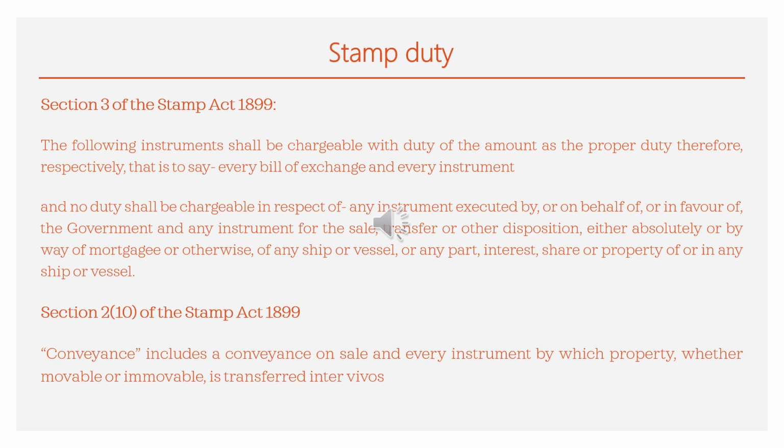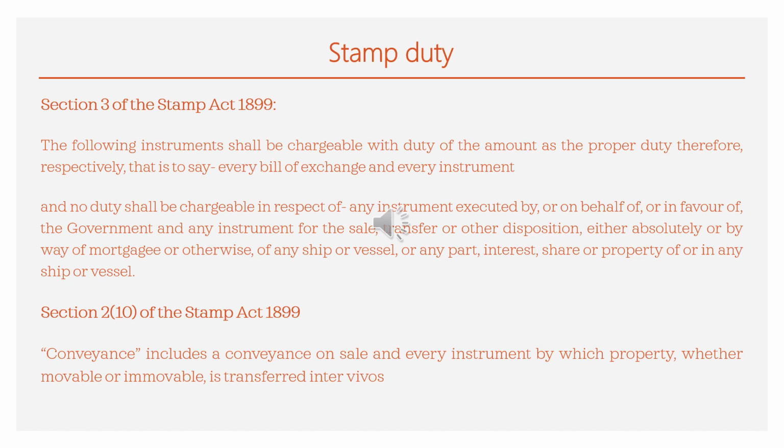No duty shall be chargeable in respect of any instrument executed by or on behalf of or in favor of the government, and any instrument for sale, transfer or other disposition, either absolutely or by way of mortgage or otherwise,